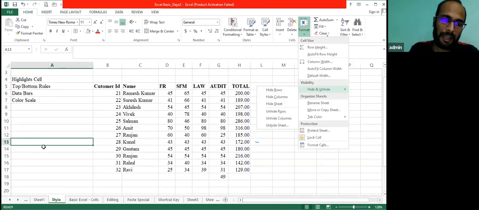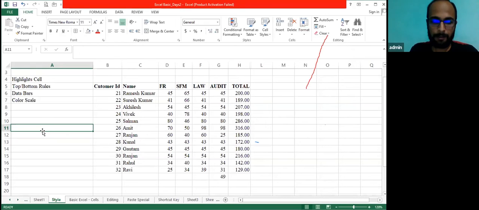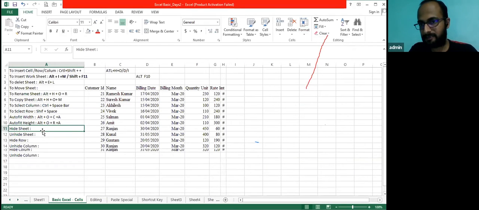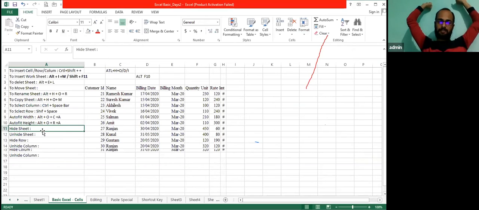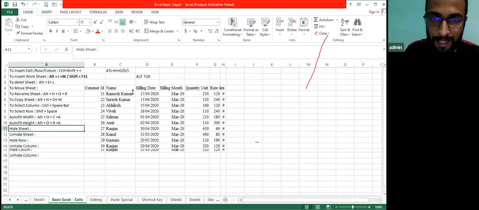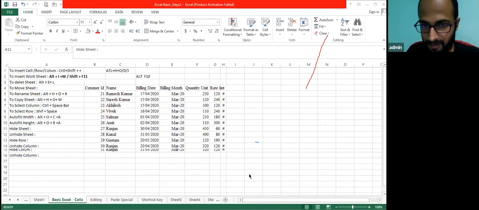Okay. So let's suppose I have to hide this sheet. I'll be pressing Alt O H H. Please apply Alt O H H. Rahul, yes, Alt H U S is also another way. That's why I told you, you can discover the fastest way of doing it. Alt O H H. I think it is clear to everyone.